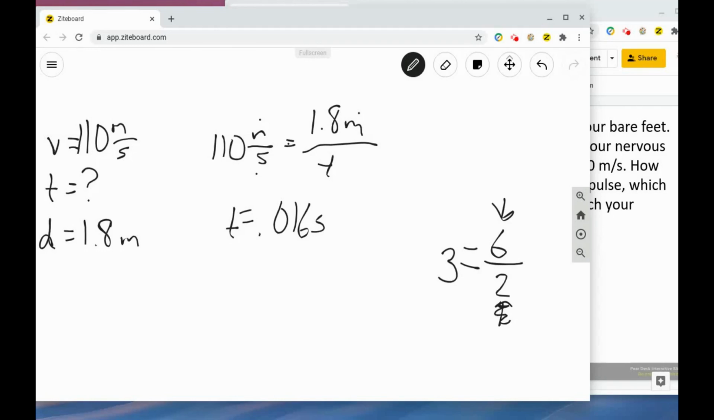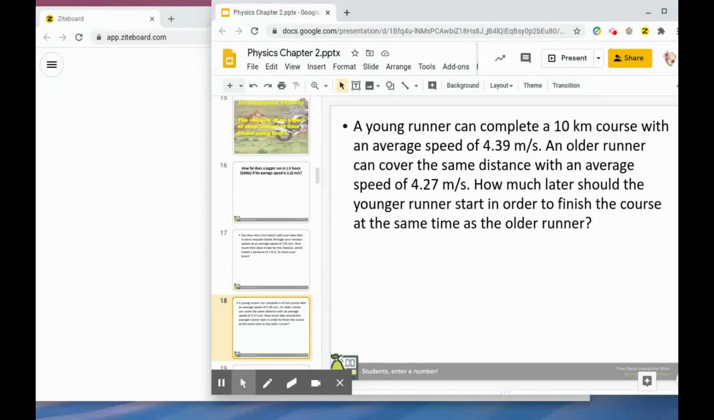So if I just write down the 3 equals 6 over 2, if I'm trying to solve something like that, I can compare and know, okay, I know this statement's true, so how would I solve a problem that I might be unsure of? This next problem says a young runner can complete a 10-kilometer course with an average speed